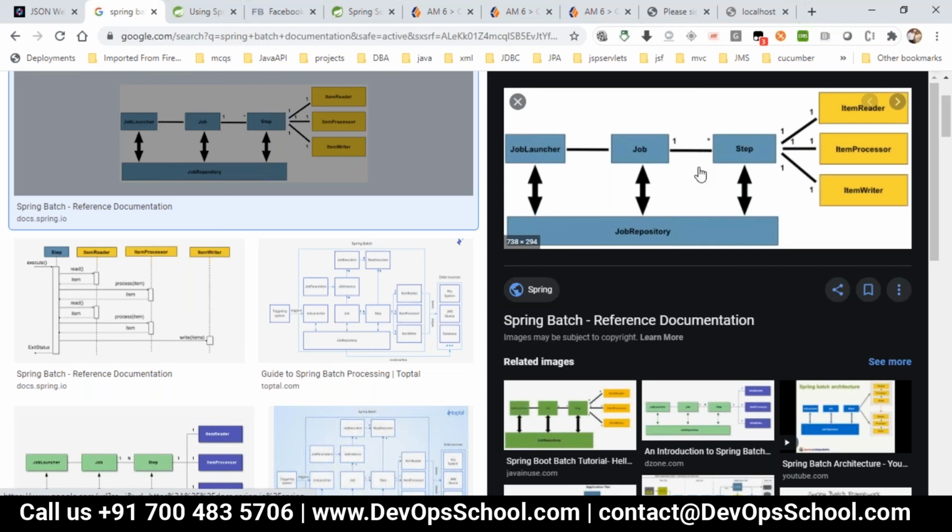If I want to work with huge data and process it in parallel, we go with job launchers. Once the item is read, it will do the item processing, then the item writing. With this we also have schedulers, which run the batch jobs with scheduler frameworks. We have something called Quartz scheduler and task scheduler.